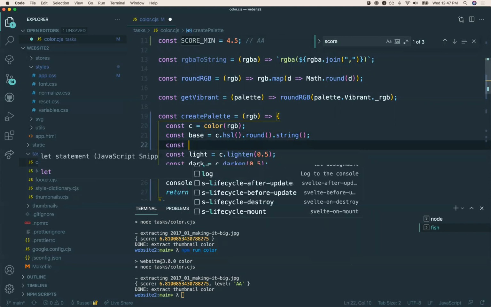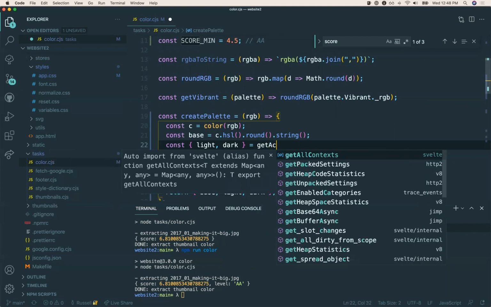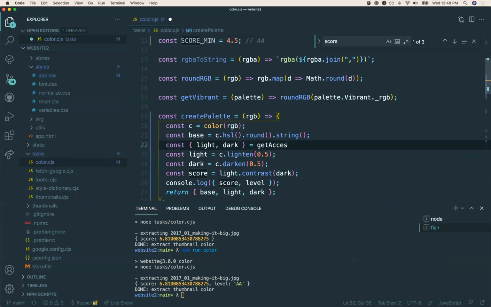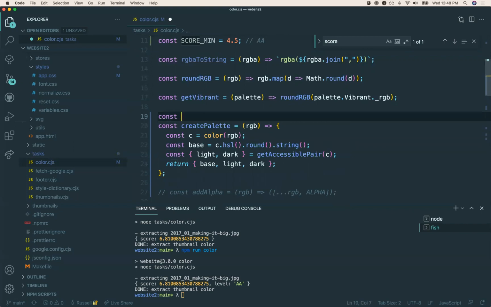It's like const light dark equals get accessible pair, pass C, const